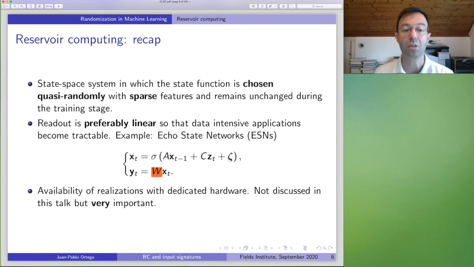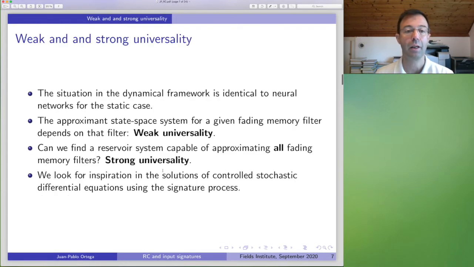So that would be a strongly universal echo state network. I give you the A, the C, and the zeta. You change the input-output system that you want to approximate, and all you need to do is retrain the W. I don't want to start all over each time that I give you a new input-output data generating process, because, as all of you who have done applications know, finding those is tricky. All I want to have to do is retrain the W. So that's the definition of strong universality.